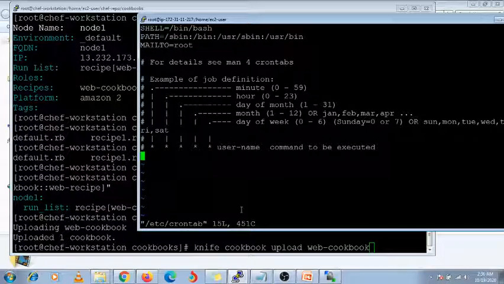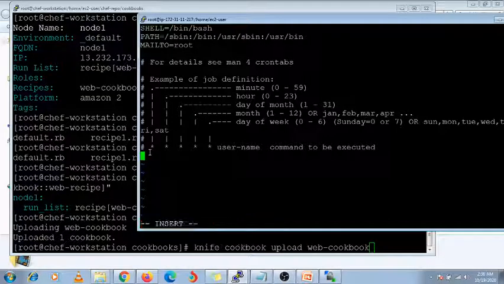If you know about this crontab, it's good, but if you don't, you just need to know there are a total of 6 fields. The first 5 fields are for minute, hour, day of month, month and day of week. These 5 fields are reserved, you need to specify them, and the 6th field is for your executable command. So here I'm going to specify this.